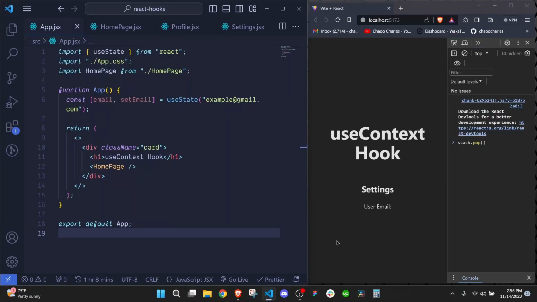The use context hook is the most important hook in React when it comes to managing global state. And in this video, I'll teach you everything that you need to know about the use context hook so that you can start using it in your React projects to manage global state. So let's first see the problem that we have, and then we will solve this problem by making use of